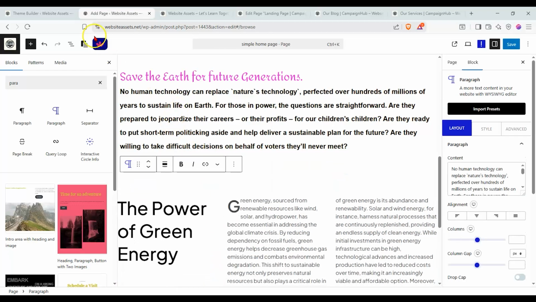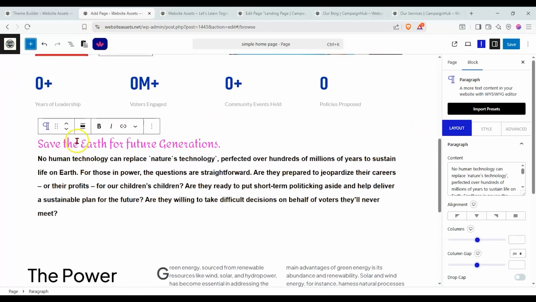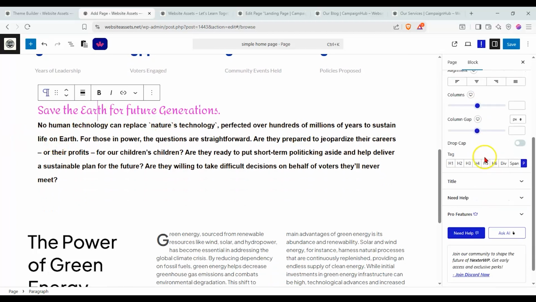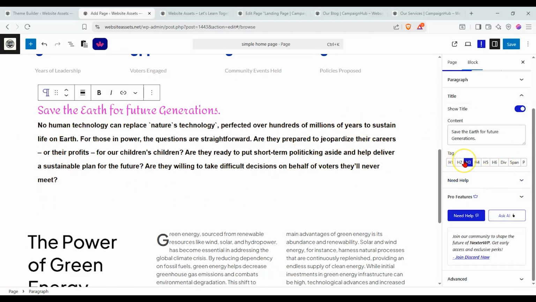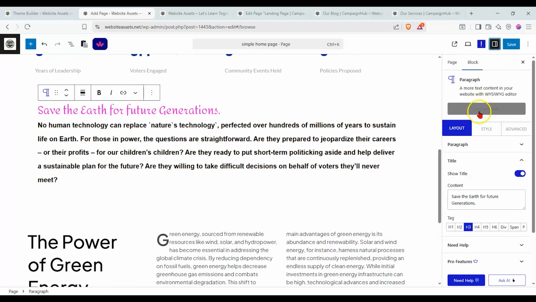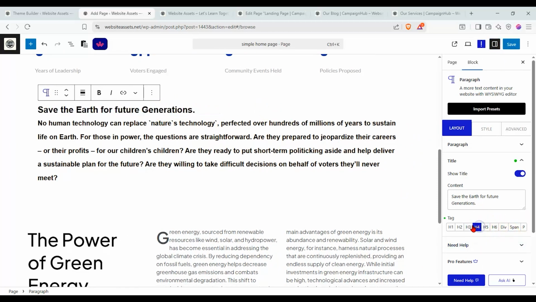Rather than having to, well, these are set by default. So let's go over here to layout. You can see the title over here by default is heading 3, right? And we have that preset in our customizer options. Again, you can change how it appears by default, and we'll show you that in a bit. But you can always change it manually,